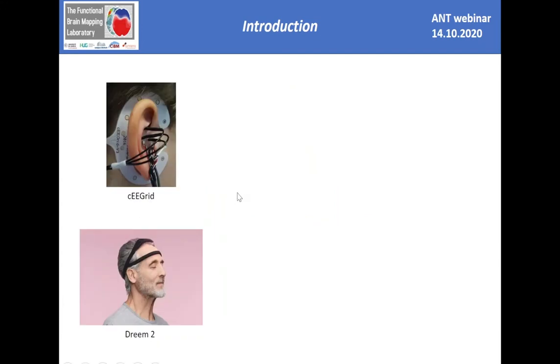And here I want to just guide you through some applications or some distinctions. So here I show two different recording systems that are low density systems but wearable. So there's the CEG grid or the Dream 2. Those systems are fully wearable, but they're not high density. So these systems you can use rather for applications, right? Or to derive some biomarkers. And there's this intermediate